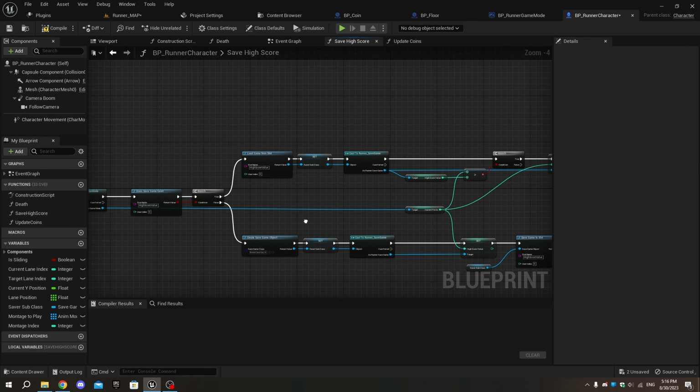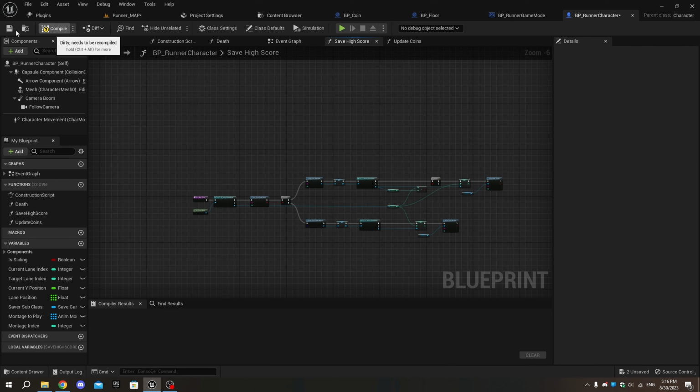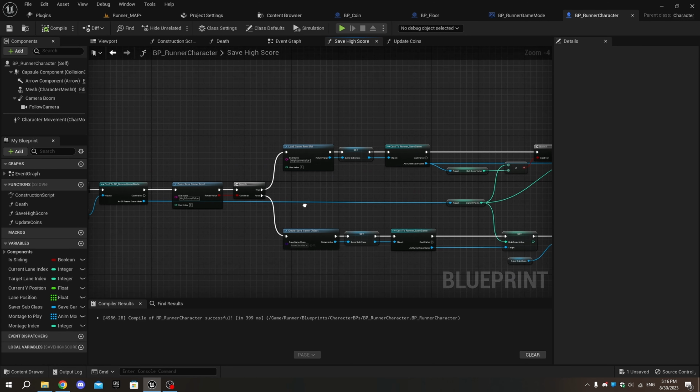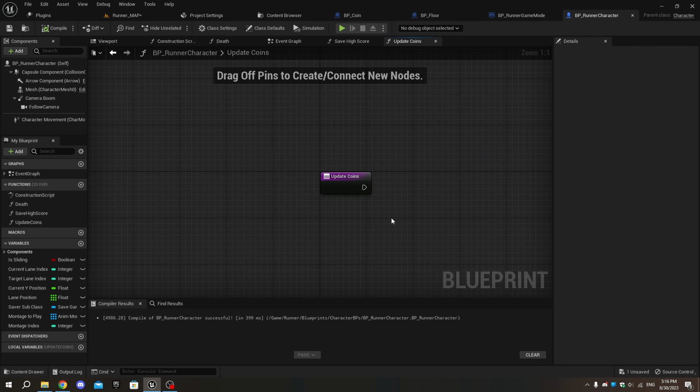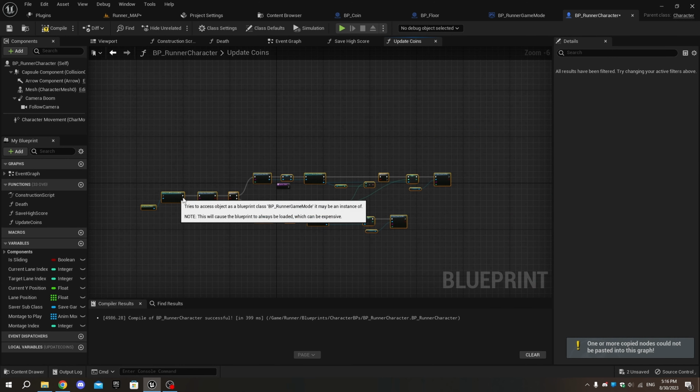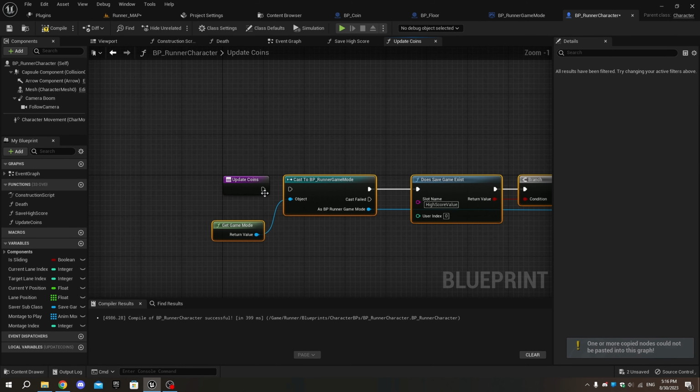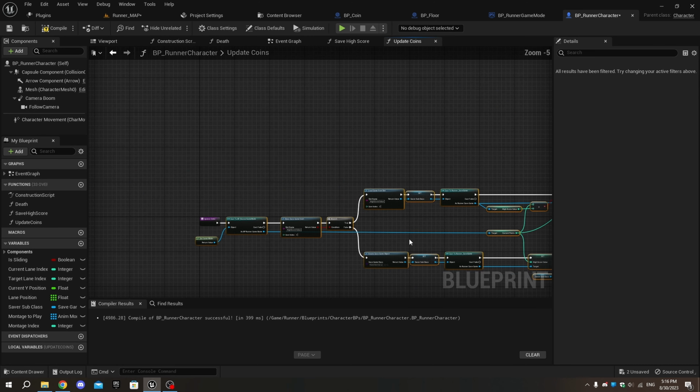Now, in runner character blueprint, copy-paste the high score nodes into the update coins function and connect the execution pins. Delete the nodes as shown in the video.